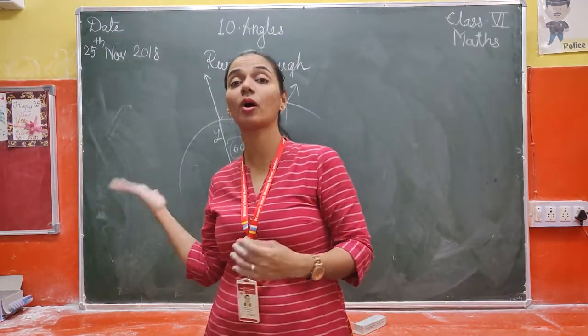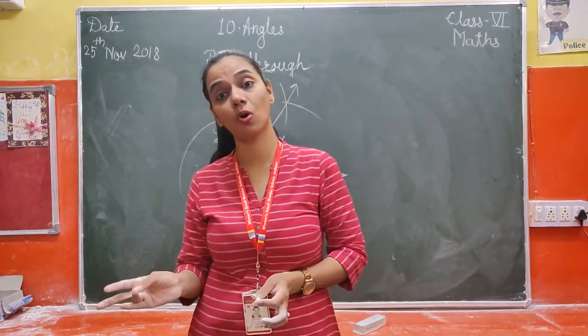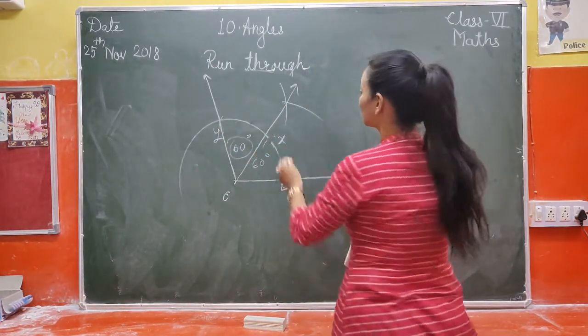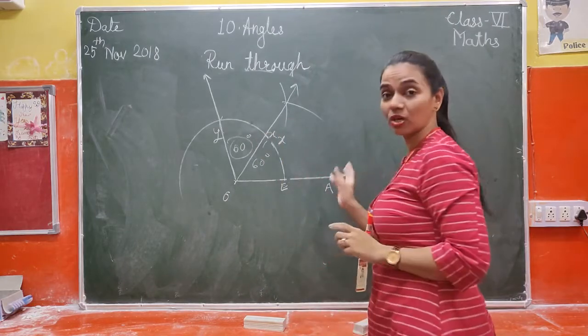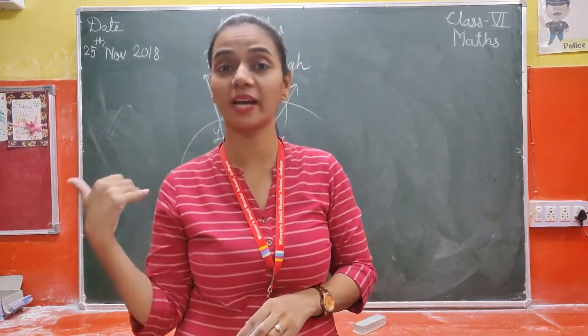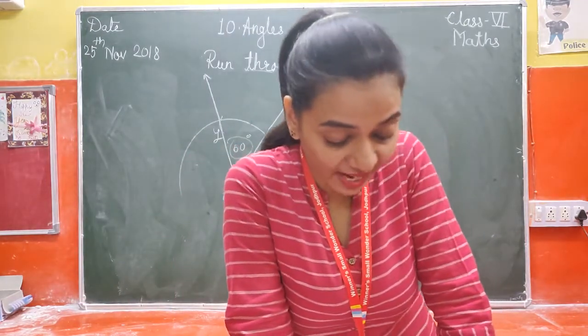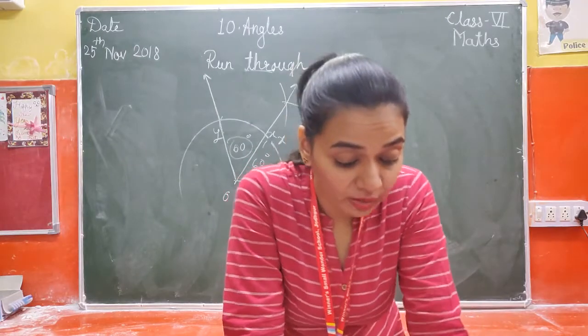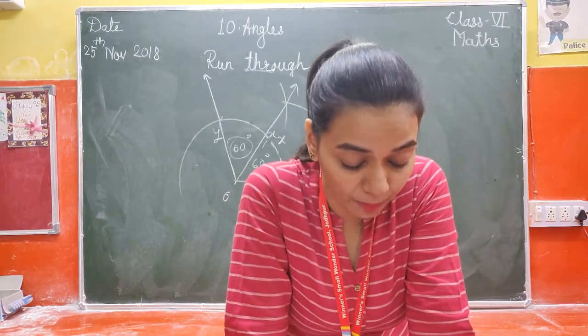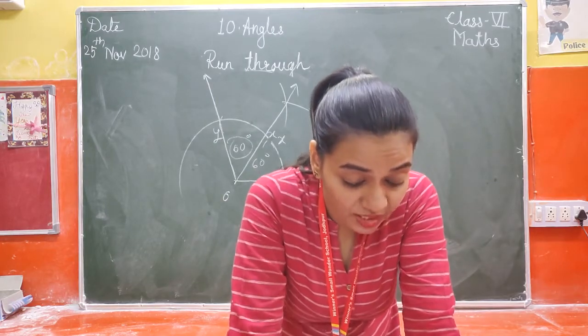So you can draw any angle, that is, you can draw a 60 degree angle, you can draw 180 degrees and 90 degrees using compass directly. You don't need any protractor. Now we are going to construct an angle of 45 degrees and bisect it using compass. Now you have to construct an angle of 45 degrees and bisect it.